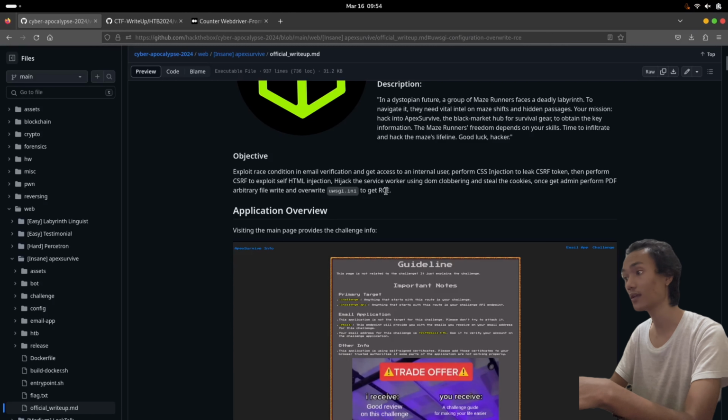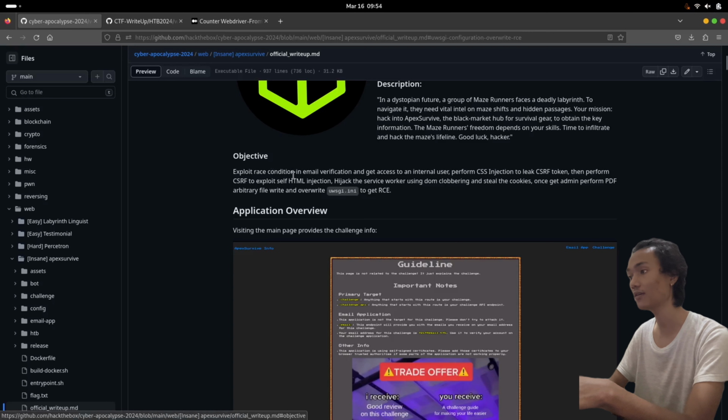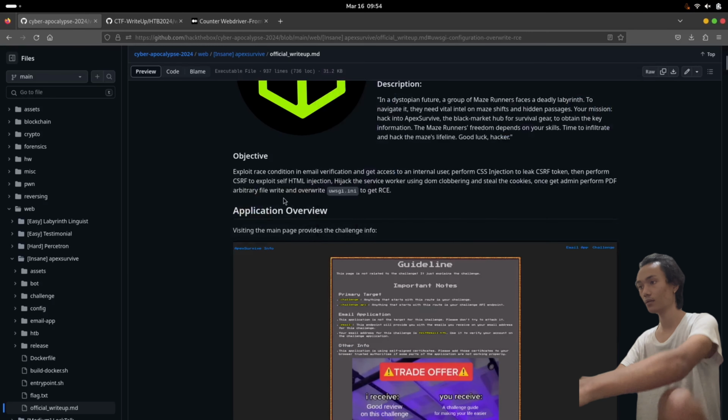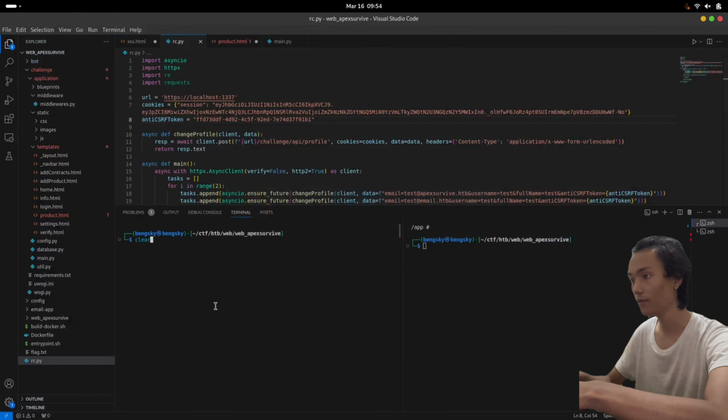So very complicated, right? I found an unintended way to gain the RCE, but we still need the race condition. So my solution was to exploit the race condition. After that, we can inject XSS into the server, and then we can gain RCE from the Chrome driver API REST.